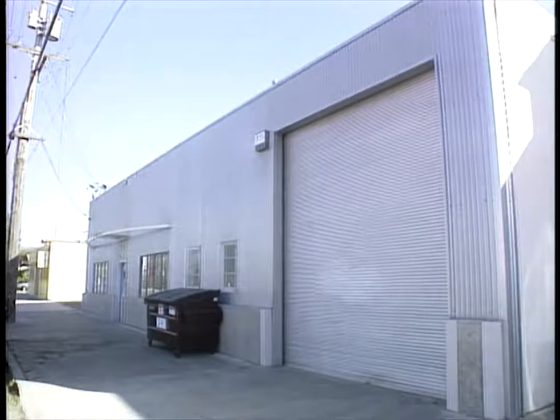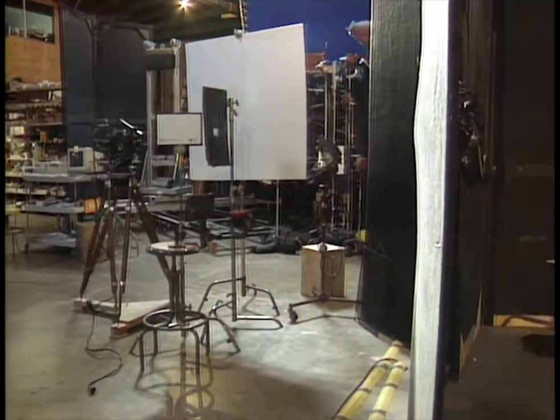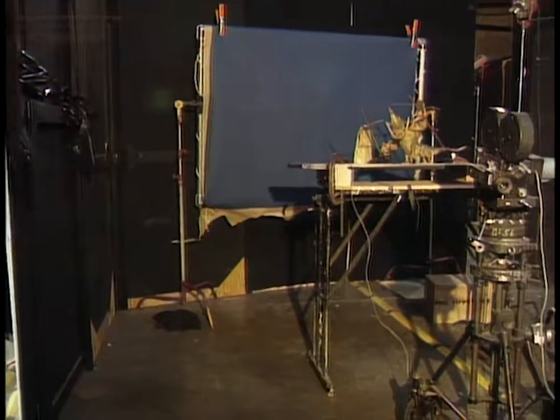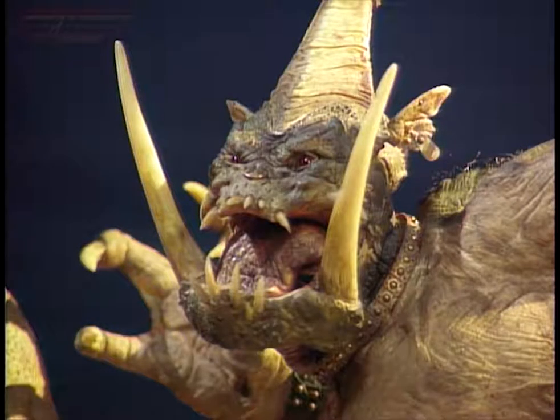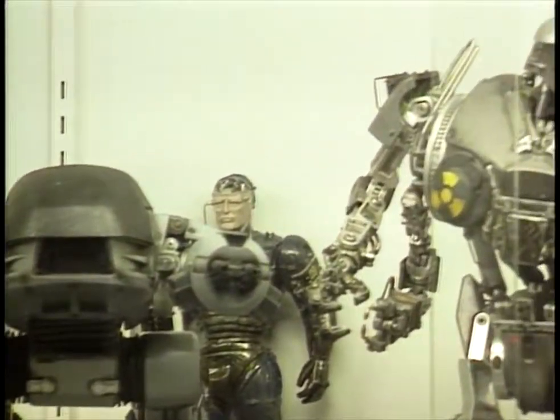Stop-motion animator Phil Tippett has brought some of Hollywood's most unusual characters to life for movies like Coneheads, the